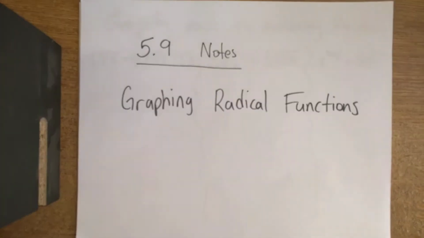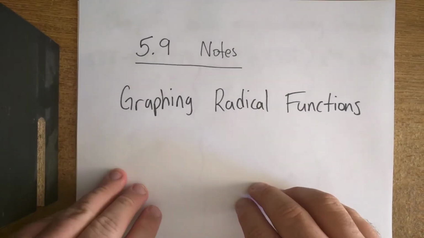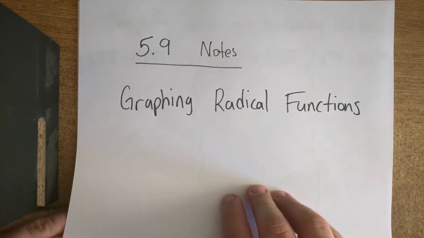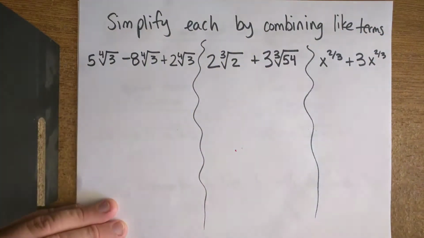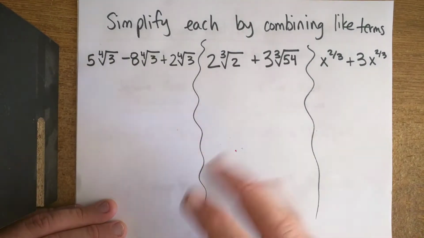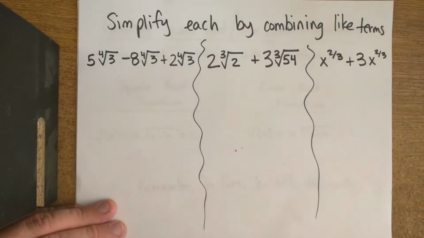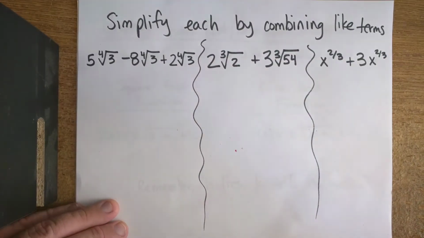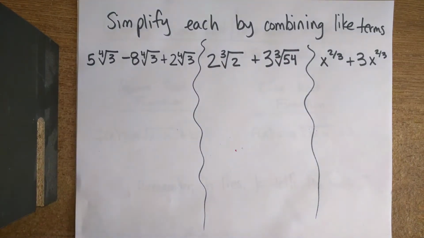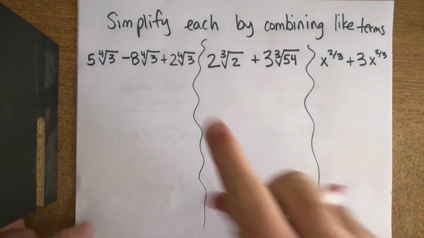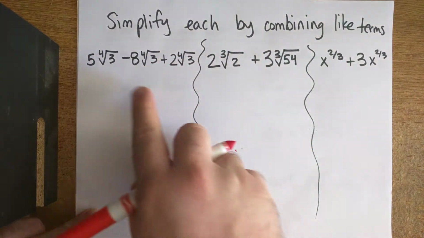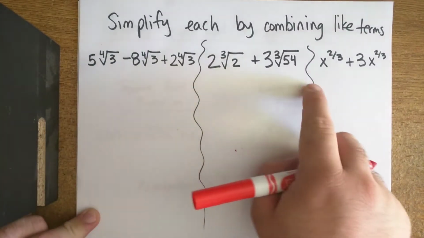Okay, 5.9 notes, graphing radical functions. So here we go. Before we graph, we didn't get to this on the last video, so I'm just going to show you real quick how to do that. What you're doing here is you're going to simplify each of these problems, and we have 3 examples here, by